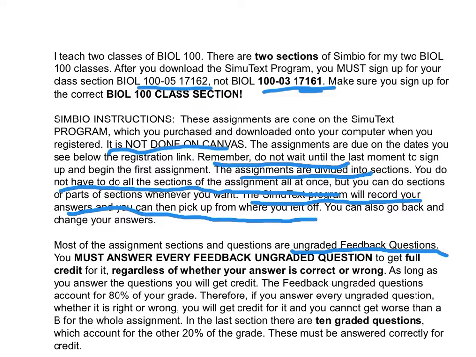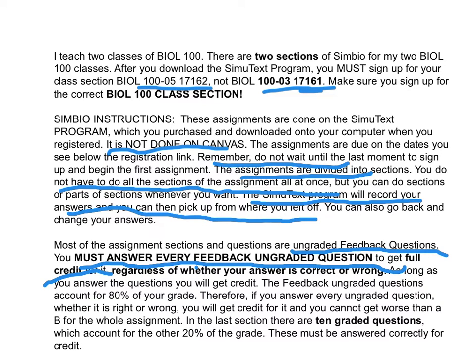In fact, you have to answer every ungraded feedback question to get full credit. It does not have to be right or wrong, but it has to be answered. If you answer all the ungraded feedback questions, no matter whether they're correct or not,